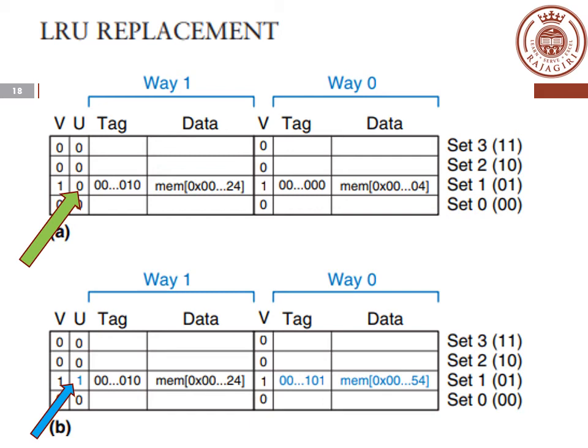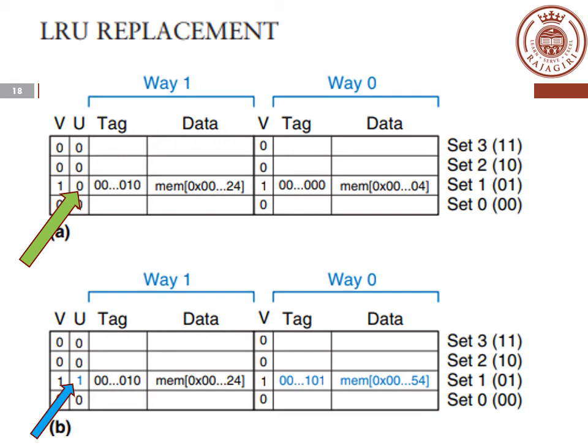This data will be loaded to way 0. So the data from memory location 04 is loaded into way 0 of set 1. And as I said earlier, all three locations can only get updated to set 1.